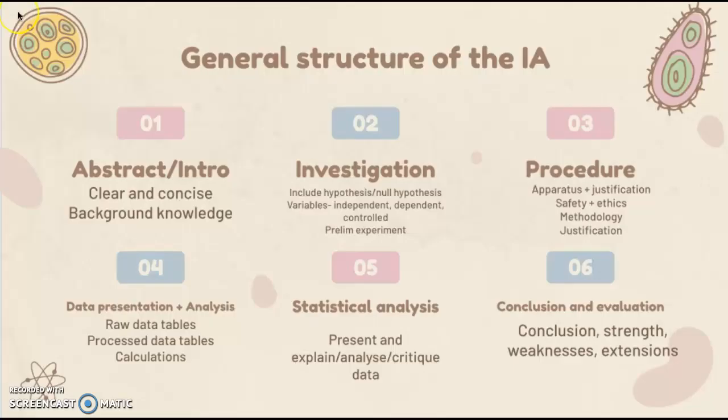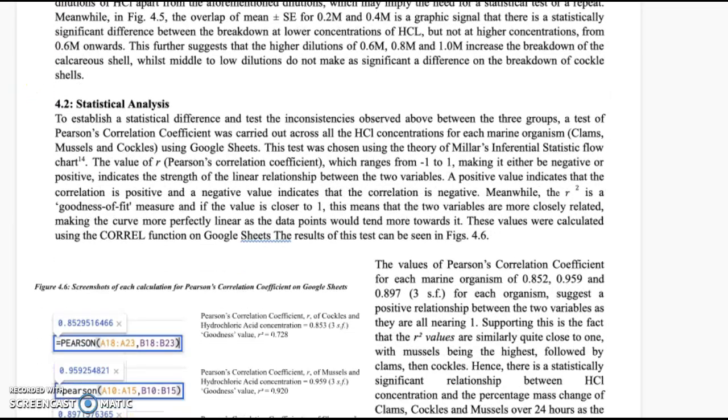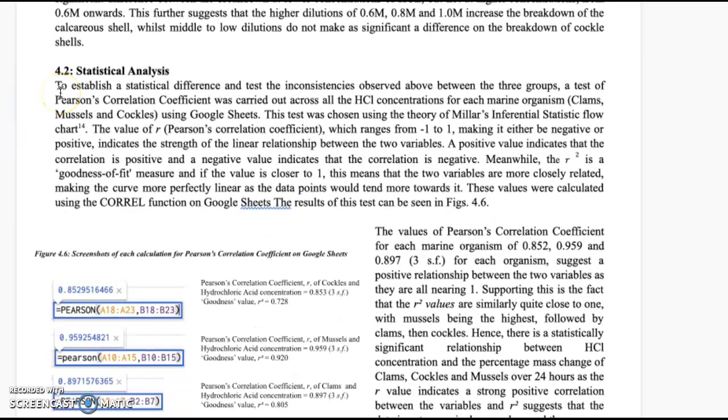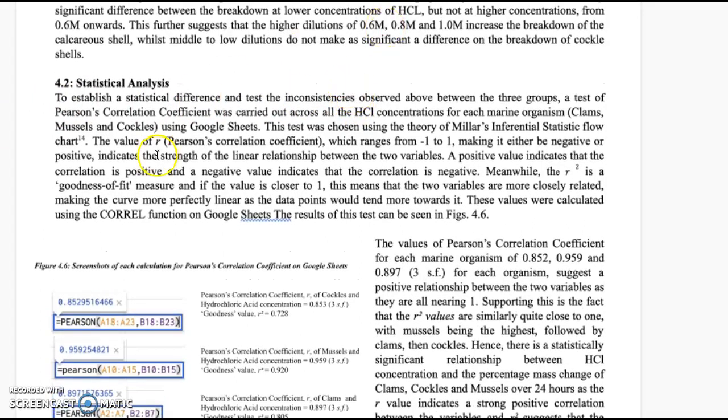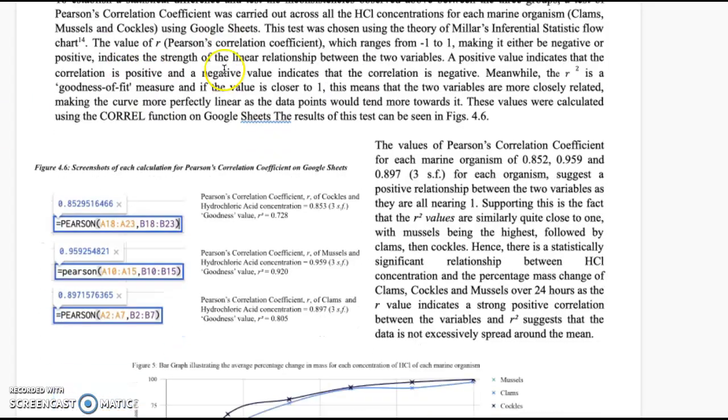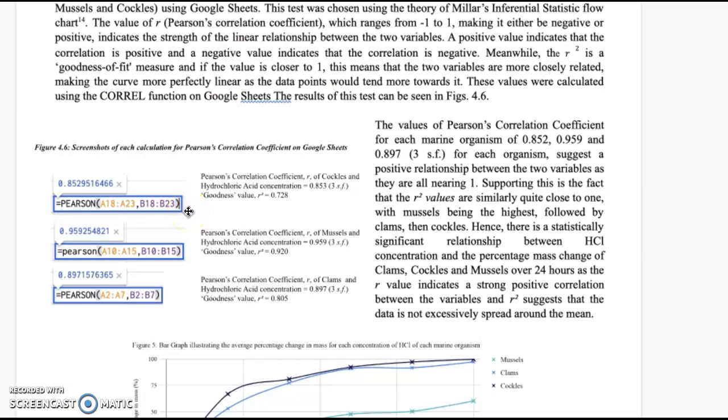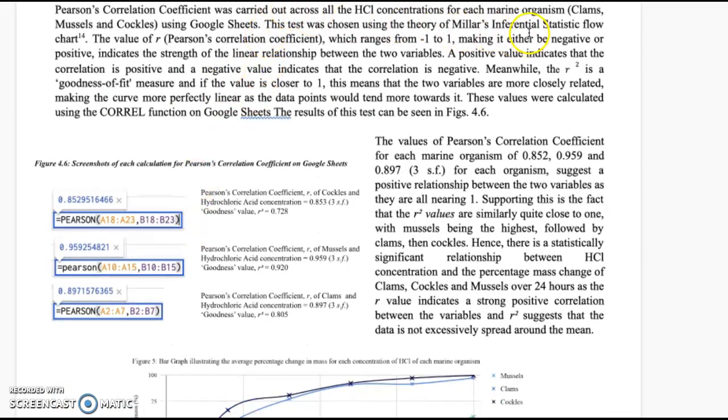Then finally you have your statistical analysis, which is where you present, analyze, explain, and critique all of the data you've collected in relation to your hypotheses or your research question as well. So I'm saying, to establish a statistical difference and test the inconsistency observed in the above groups, a test of Pearson's correlation coefficient was carried out. So I'm doing another statistical test using this theory,